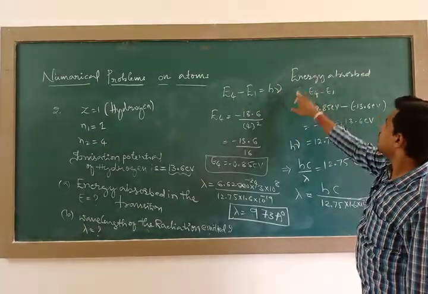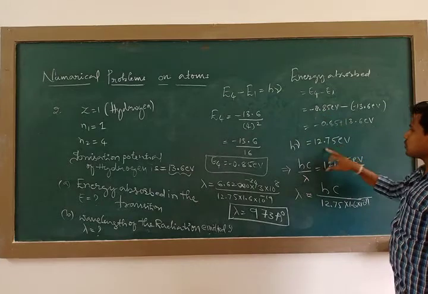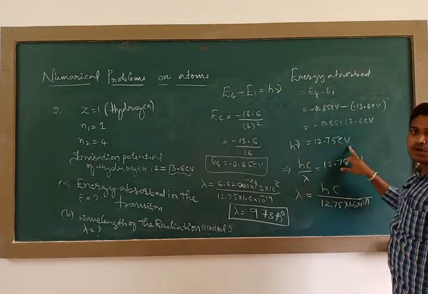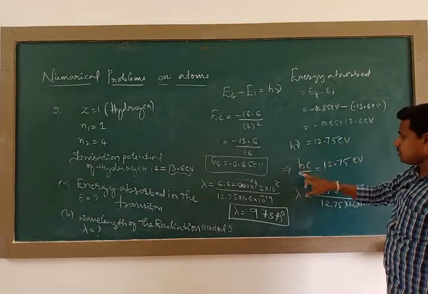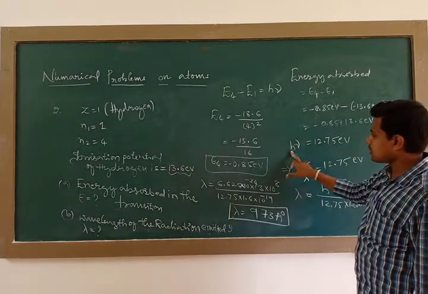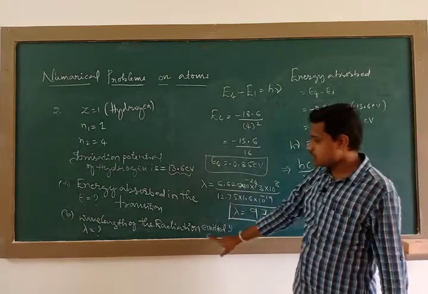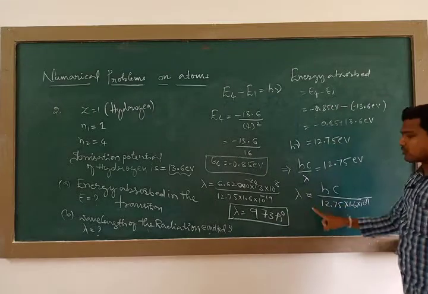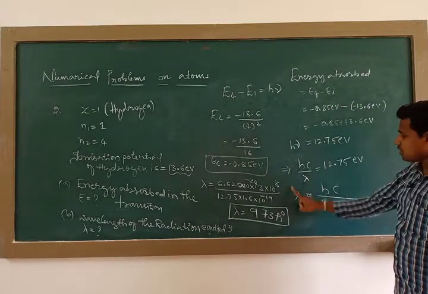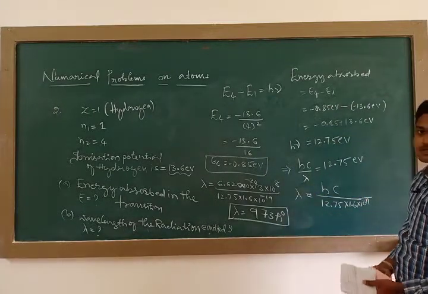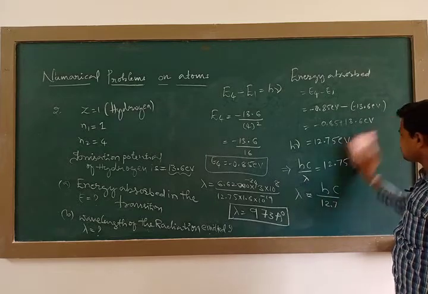So h nu equal to 12.75 electron volt absorbed, and this must be the emitted only. So hc by lambda. Under the emitted condition they are not asking frequency, they are asking wavelength. So I found the wavelength, 973 angstrom. Next,